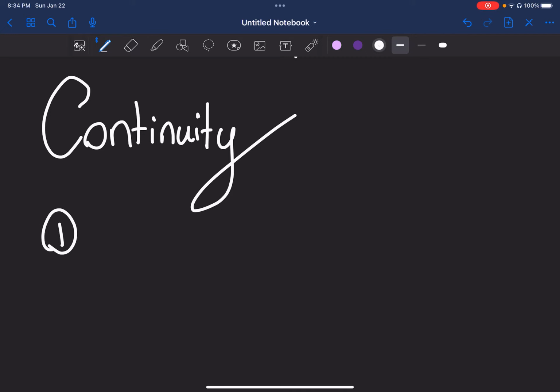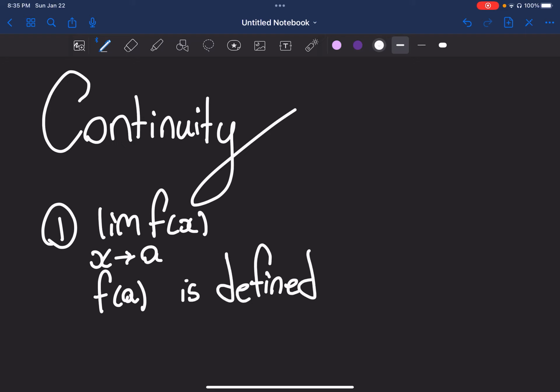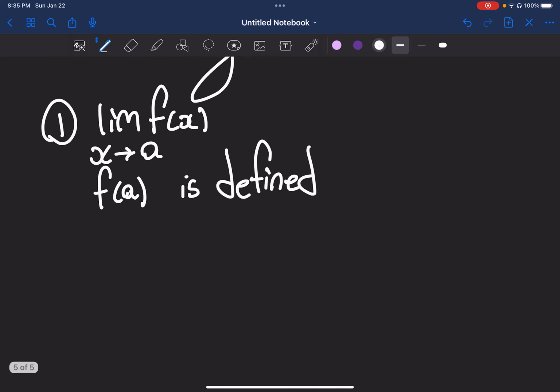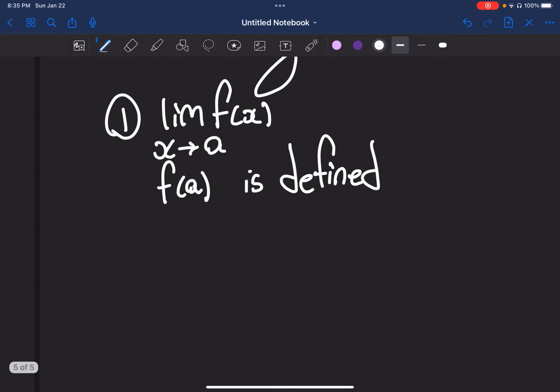So first, we want to find out if there's a limit as x approaches a of f of x. Oh sorry, I didn't put the a there. We want to know that f of a is defined. So that's the very first rule for continuity. We need to make sure it's defined. Now two,